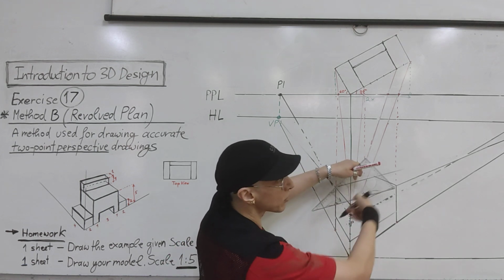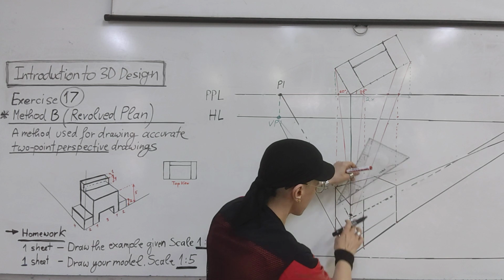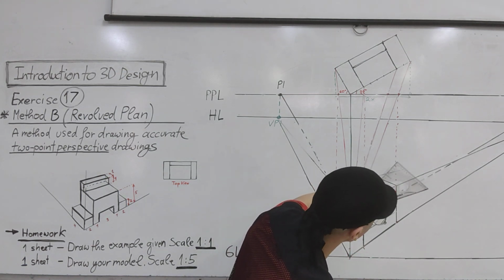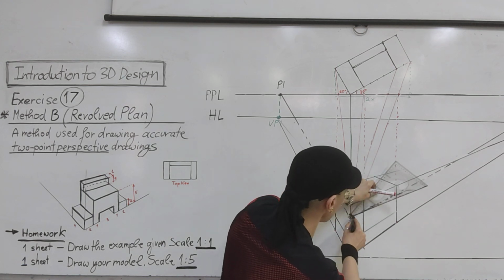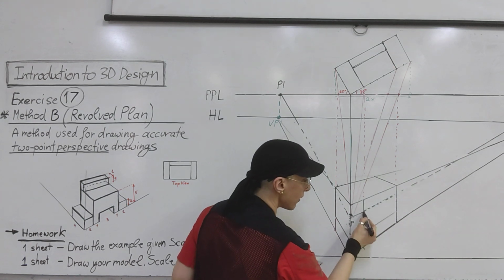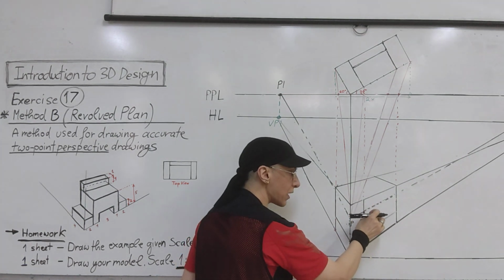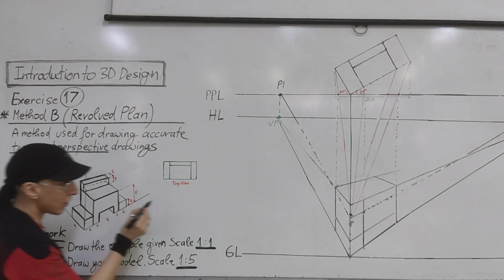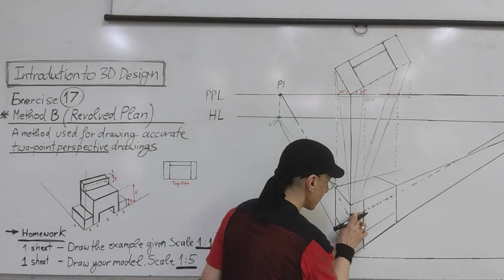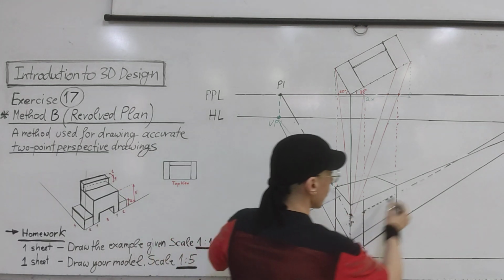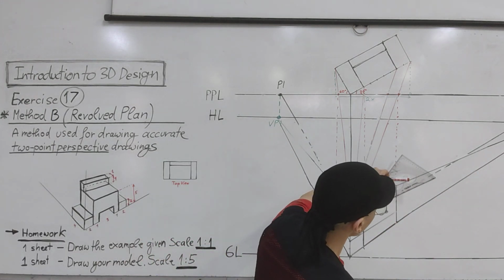From this point, I will take to the vanishing point. And where it will intersect this line here, this one going to the vanishing point, this is the 5 centimeters in perspective at this point. So, basically, what is that point? This point is this point, okay? So, now, from this point, of course, going to the vanishing point,